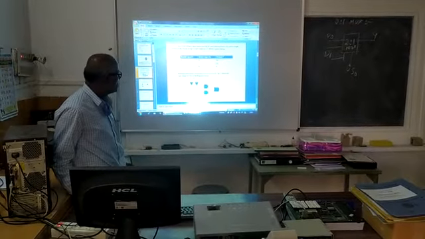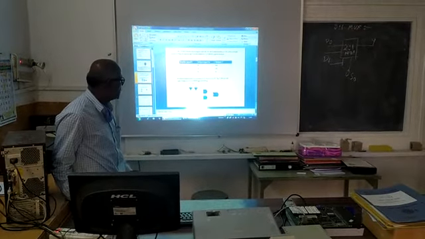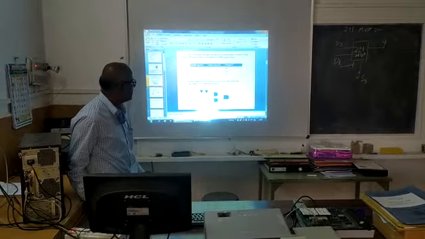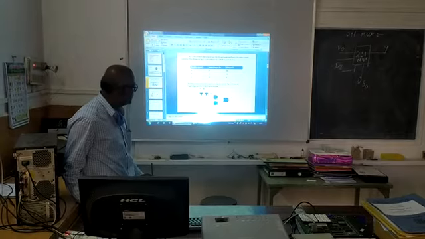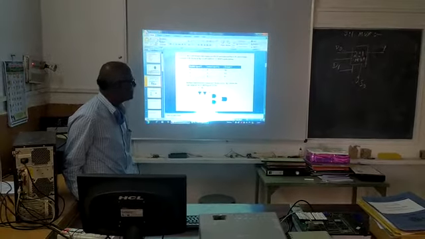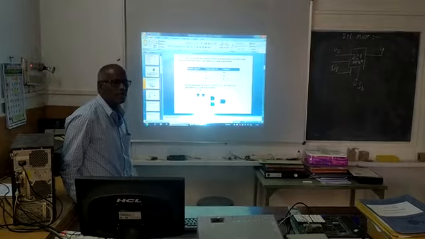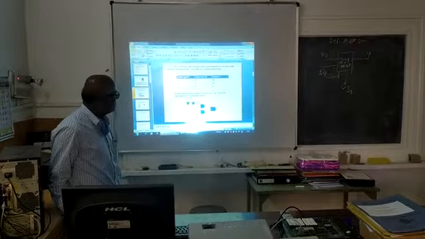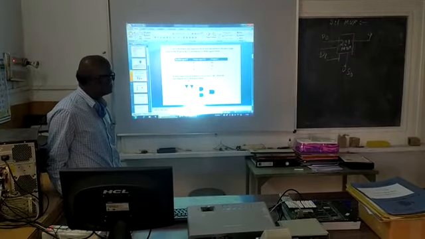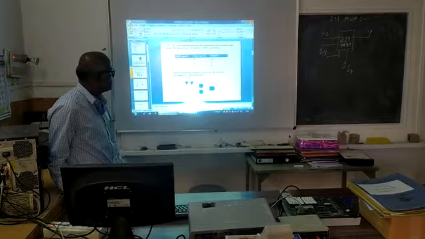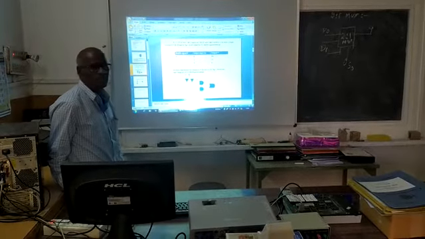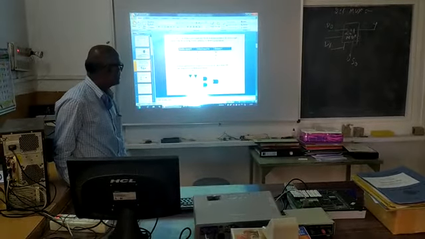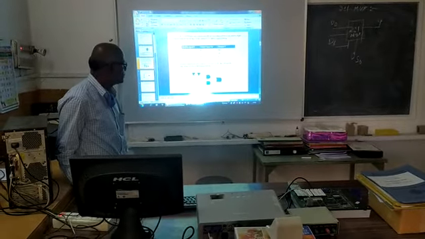Here a logic diagram is given. It is built using 2 AND gates and one OR gate, and again 1 NOT gate. The figure shows the logic diagram of a 2:1 mux. According to that, we can write the Boolean expression for the output response Y equals S0 bar D0 plus S0 D1.